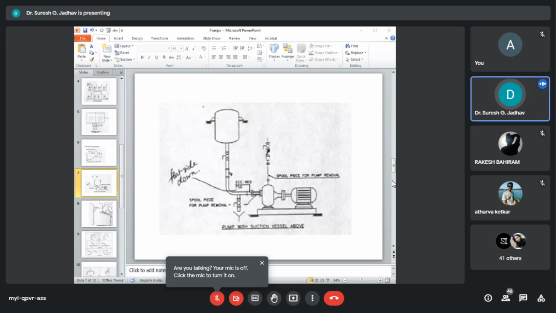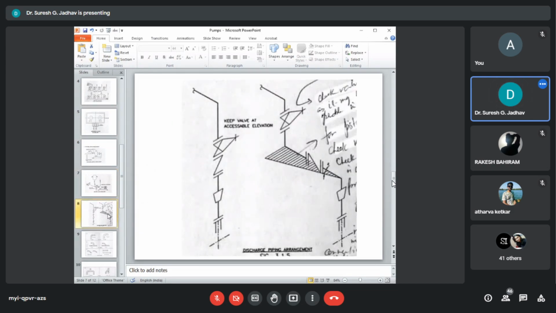The check valves are placed on the discharge piping to arrest the backflow and reverse run-up of the impeller. So here we can see the discharge piping arrangements.